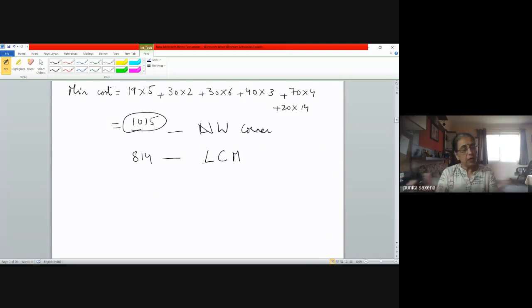Whereas northwest corner did not consider the costs at all. It just started with one end and then started making the allocations, and then we moved on. Once we know the method and we are asked to solve, the question in the exam is not going to say which method to use. The question is just going to say solve the given transportation problem to find the minimum cost. So that means you have to judge which method to use while making the allocations.